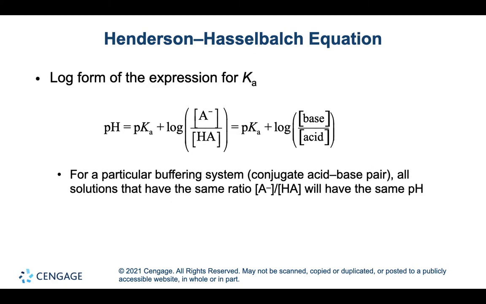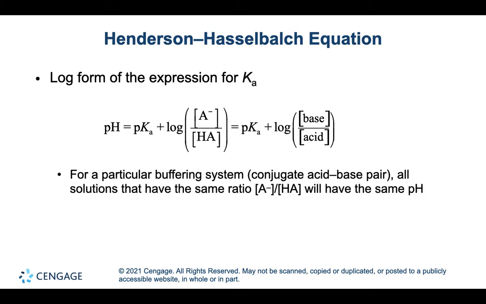In fact, the best buffers are when you have approximately equal amounts or equal amounts of HA and A minus, but you don't have to have that exactly equal. The pH is going to be centered around pKa. So in other words, your pH is going to be about right where the negative log of Ka